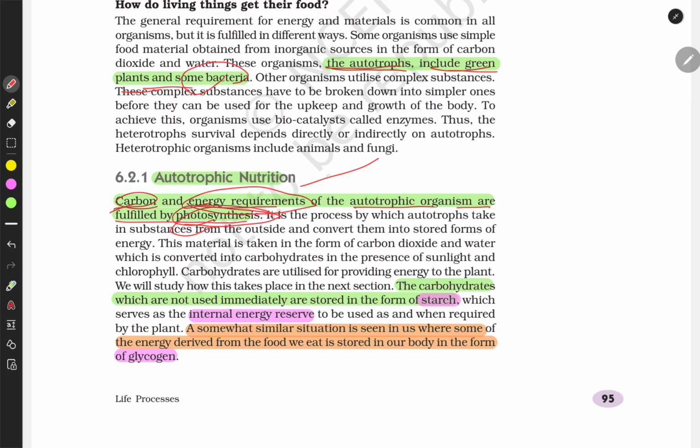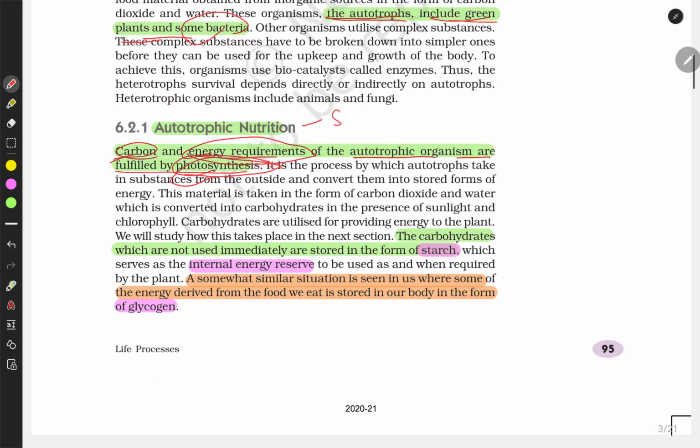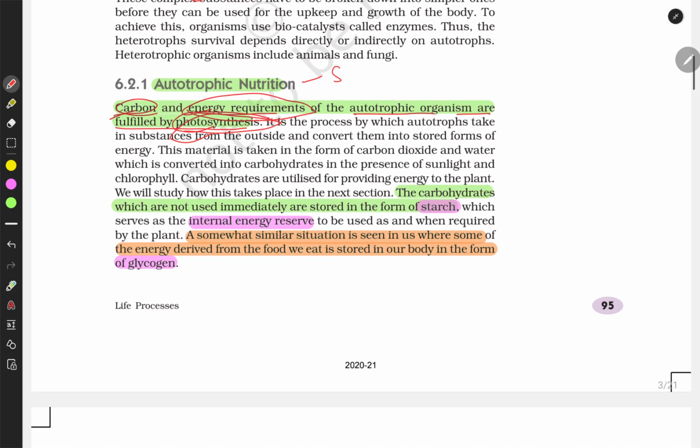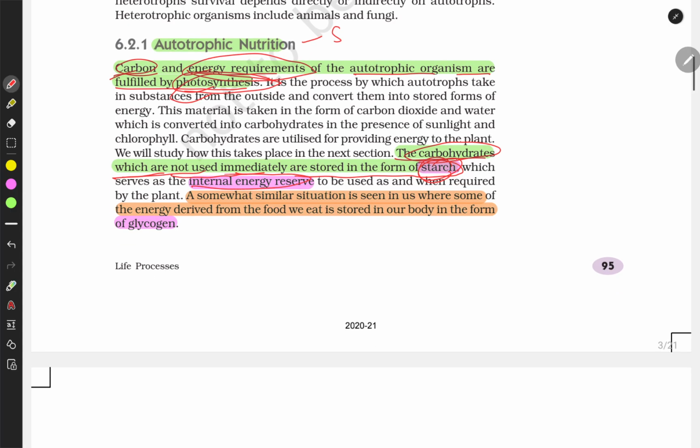So they are not depending on other organisms; they are depending on the sun and the organic molecules surrounding them, not any living organism. The carbohydrates which are not used immediately are stored in the form of starch. What happens in the plants? There is a photosynthesis process in the plants, and during photosynthesis carbohydrate is created. The carbohydrate which is not used immediately is stored in the form of starch, which is an internal energy reserve